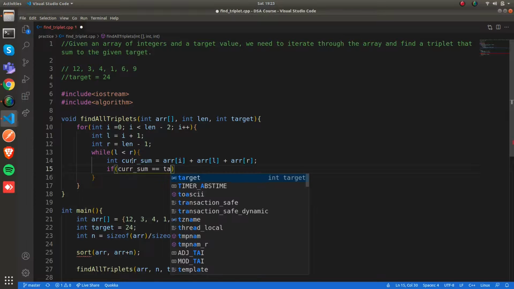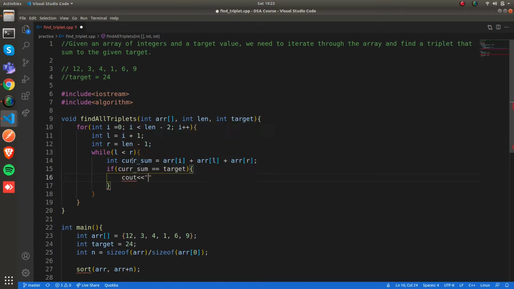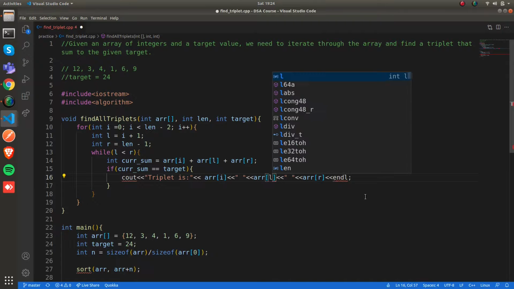So now we are going to check the condition. If the current sum is equal to the given target, then we can print it in the console saying that the triplet is, and we can print those three integers, array of I, array of L, array of R. So this is array of L, left pointer.